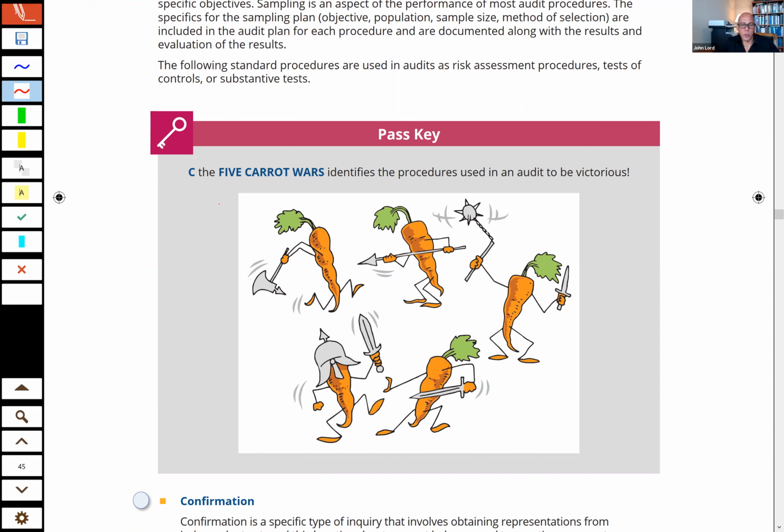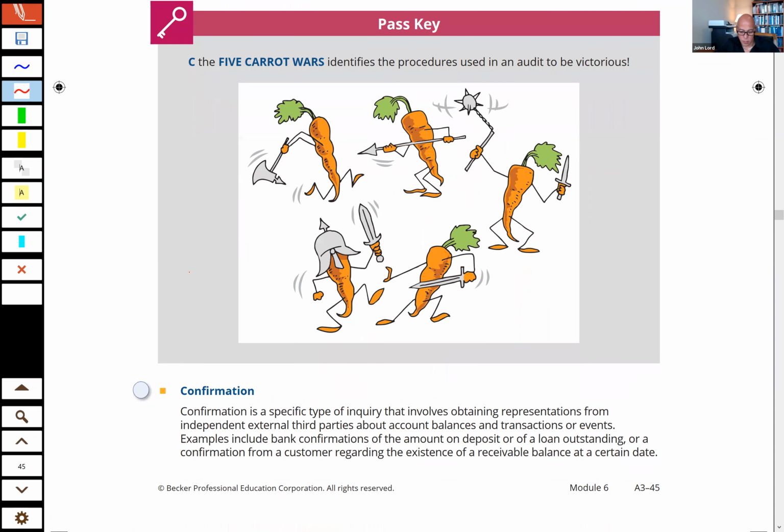I mean, what am I trying to accomplish by doing these 5 carat wars things? And the answer is, you are trying to get evidence that will support the assertion. And so the process is not a laundry list of procedures. And I really don't want to lull you into thinking that all you have to do is memorize this and now you can pass the auditing exam, when the reality is